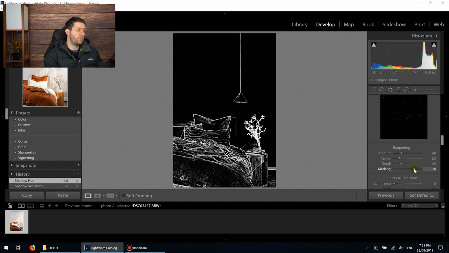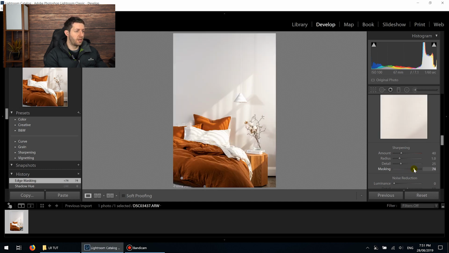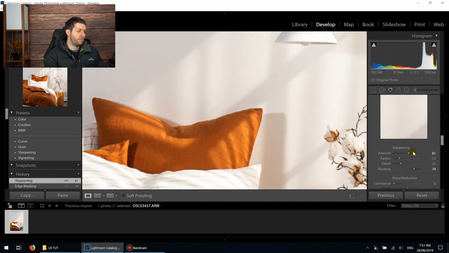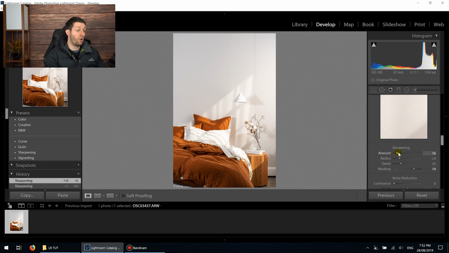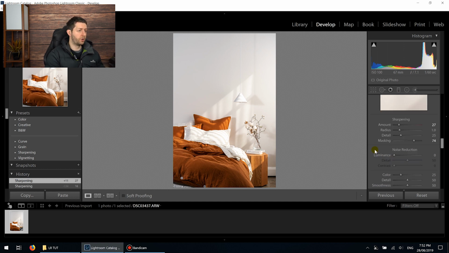So the areas in white are the areas we're going to be sharpening. We can leave that like that, and we can bring the amount of sharpening up. We'll zoom in, it's just loading, and pull that sharpening all the way up. You can see it's a lot sharper. I don't go all the way crazy like that because it can make things look weird. I might only sharpen them a tad, or I might not even sharpen them at all, but that's pretty cool